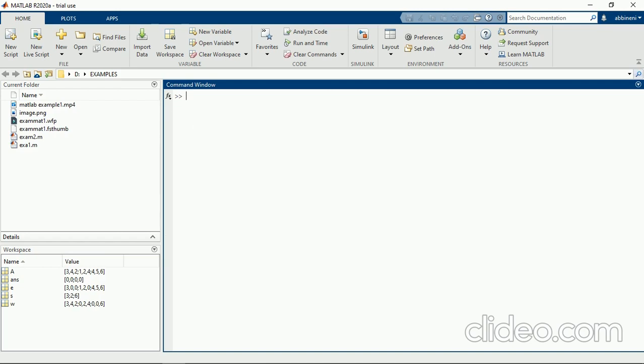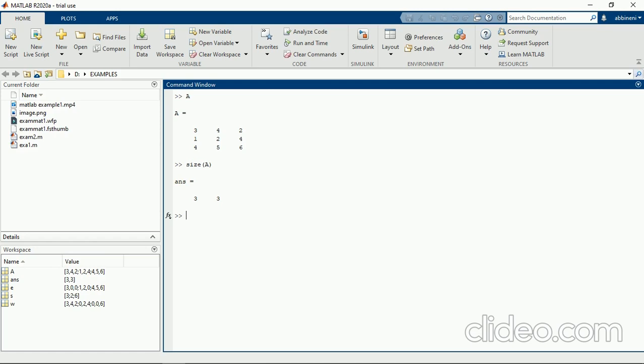Now for the same A matrix, if I want to find out the size of the matrix, I know by looking at it that it is a 3 by 3 matrix. But if I want the software to tell me the size, I just give the function size of A and enter. It gives the rows and the columns in a row vector. Previously, when I called for the diagonal, it was a column vector, but the size is represented as a row vector.